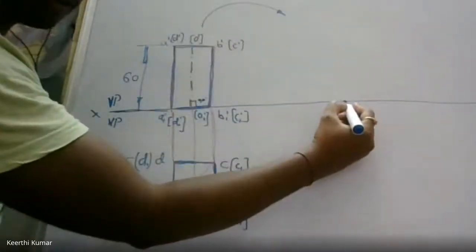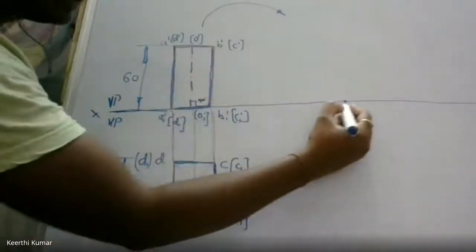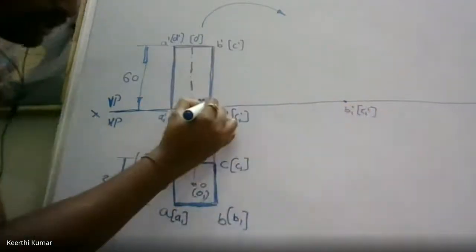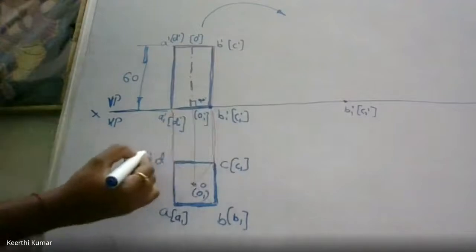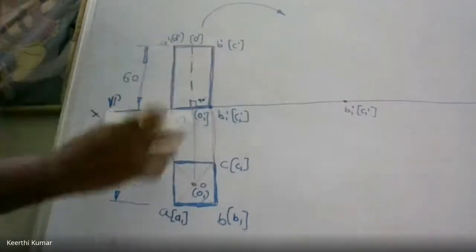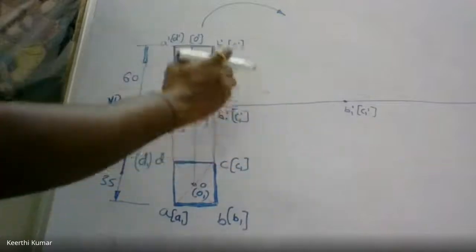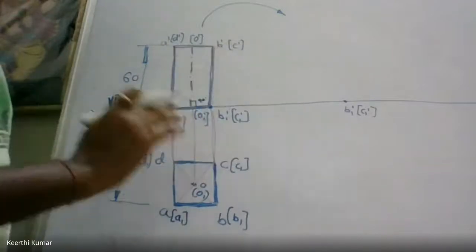So I want to fix this figure here. Which is the point I am supposed to fix here now? The same figure. This is B1 dash C1 dash. So this point I am fixing here first. Then I'll copy the figure at an angle of 45 degree. In some problem, he will ask 30 degree, 40 degree, 50, whatever. But this is the procedure you are supposed to follow.